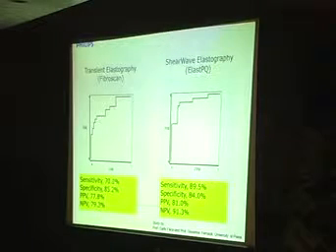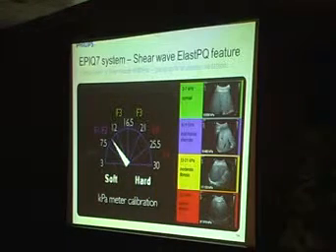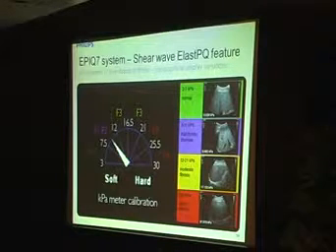For elasto PQ, the sensitivity is highest, which is 89.5%. Specificity is 84%, PPV 81%, and NPV is 91.3%. So there is a kPa and meter per second display, because if somebody wants other values in meters per second, they can easily be shown in kilopascal and vice versa. So these are the Metavir classifications: 2 to 7 kPa is normal, 8 to 11 kPa is mild fibrotic changes, 12 to 21 kPa is moderate fibrosis, and 22 plus kPa is severe fibrosis. So the staging can be done very accurately. There is no overlap. This is one of the most important advantages of the point quantification technique.